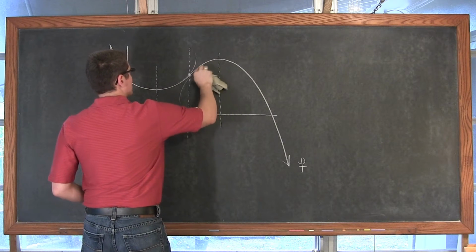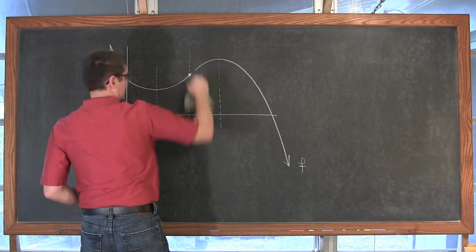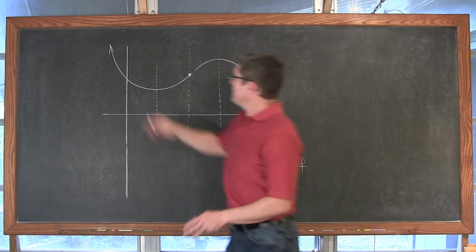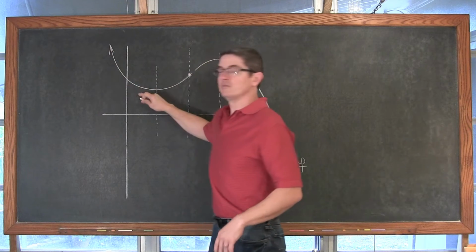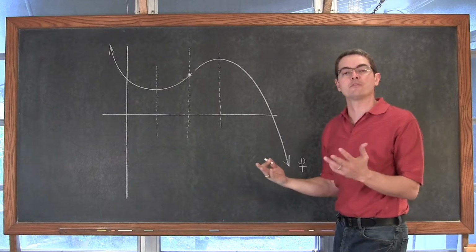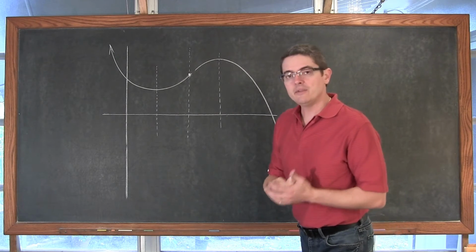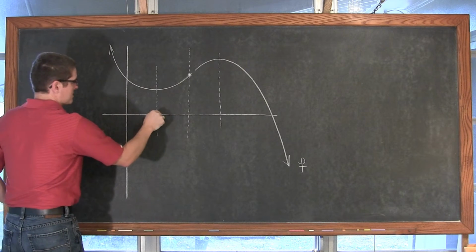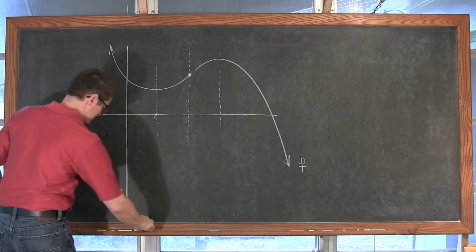And let's get the first derivative up here. Now don't forget the first derivative, of course, describes the slope of the original function. And along here, my slope is negative. So my first derivative needs to be giving me values which are negative, or in other words, the first derivative needs to be below the x-axis, until at least we get to here where the first derivative is equal to 0. So, actually, let's pick a different color.